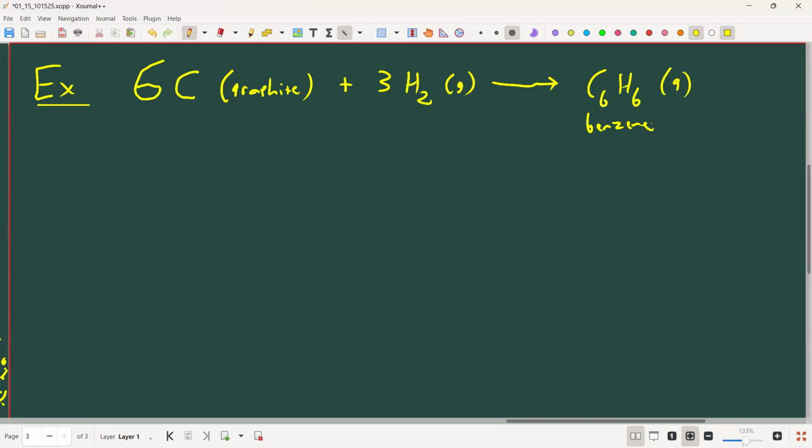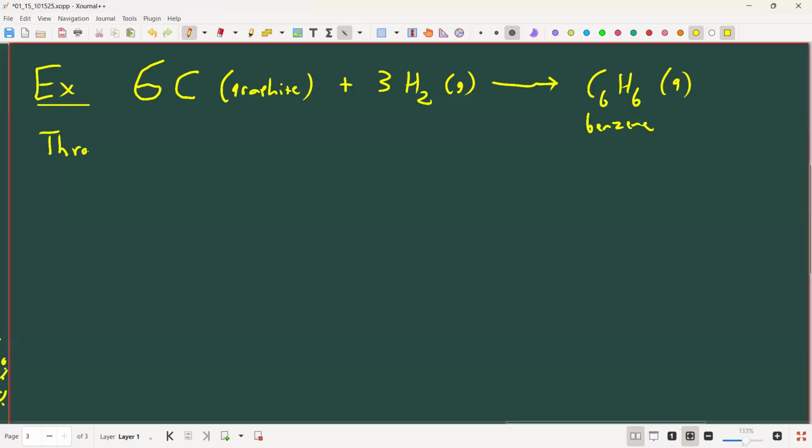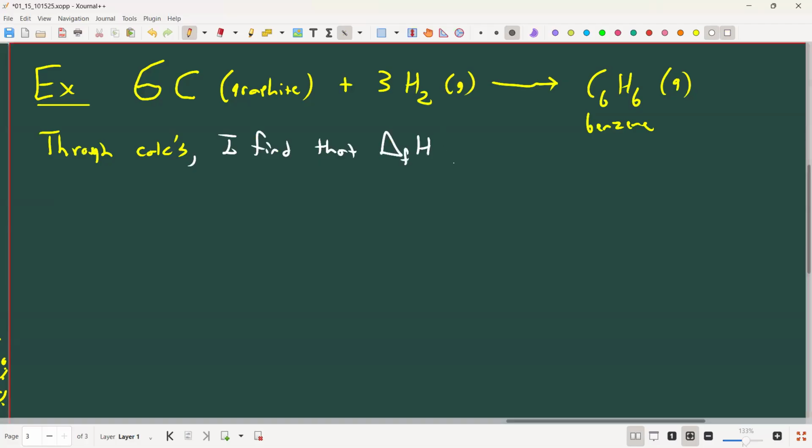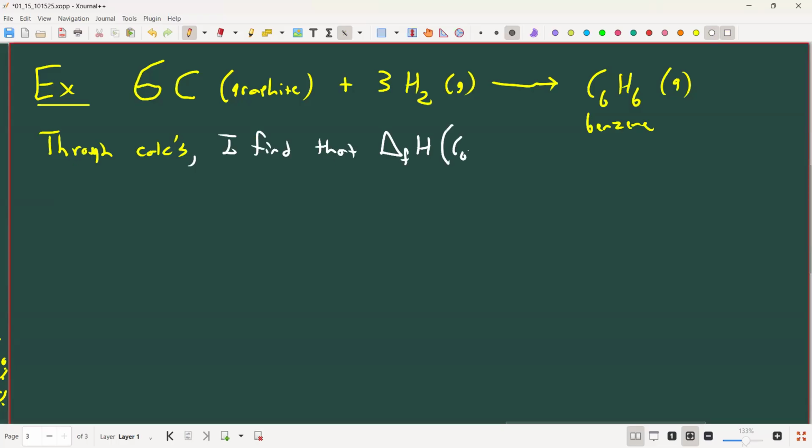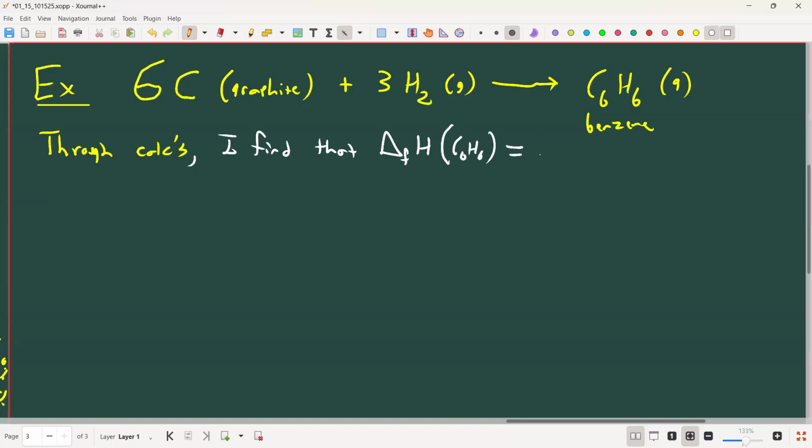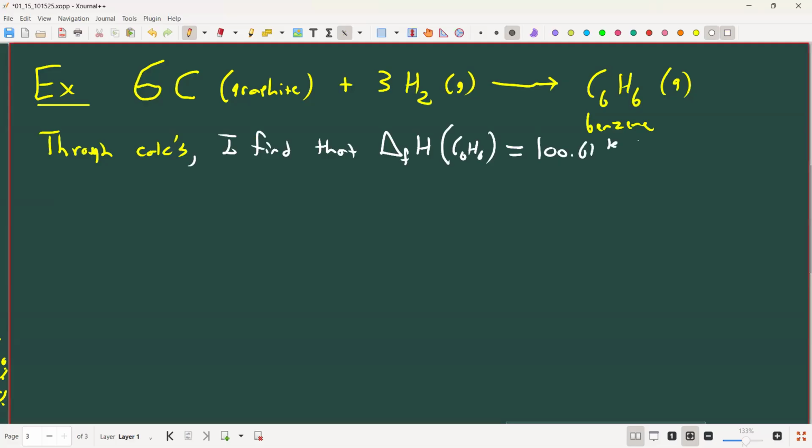This is not how we synthesize benzene in real life. Actually, a terrible way to synthesize benzene, but it's a good instructive example. And so here's some information that I say I find in the literature. Right? So what I find is that through calculations, I find that the enthalpy of formation of benzene is equal to 100.61 kilojoules per mole